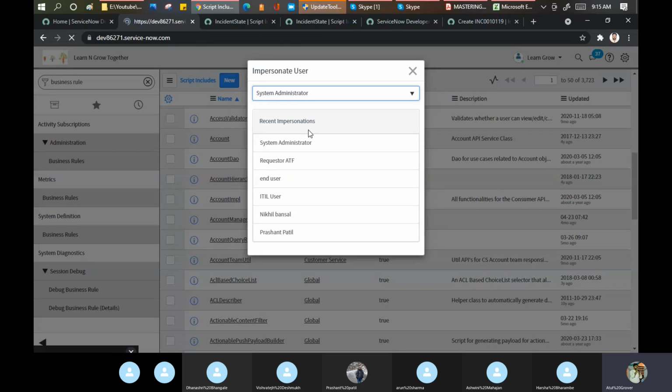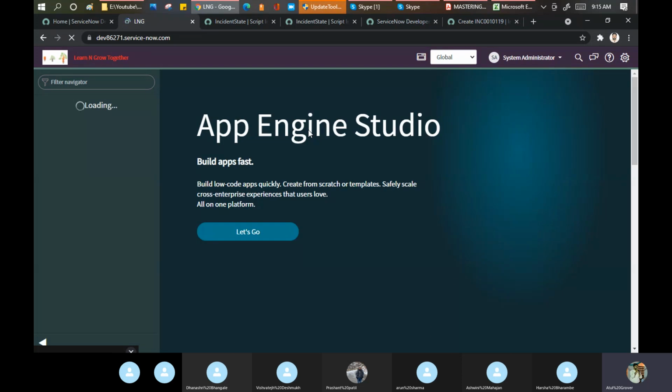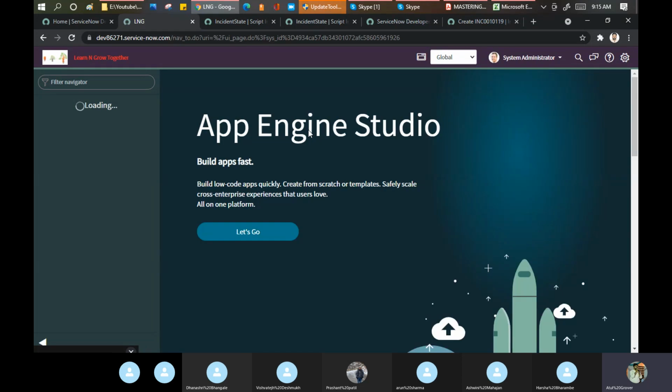Okay. I log in as system admin because when you purchase a ServiceNow instance, ServiceNow gives only 1 or 2 users the elevated role. Elevated role means a role which is given to you for a specific time period to perform a specific action. Like in a marriage, suppose the marriage function has started and you want to spend 200 or 500 rupees.